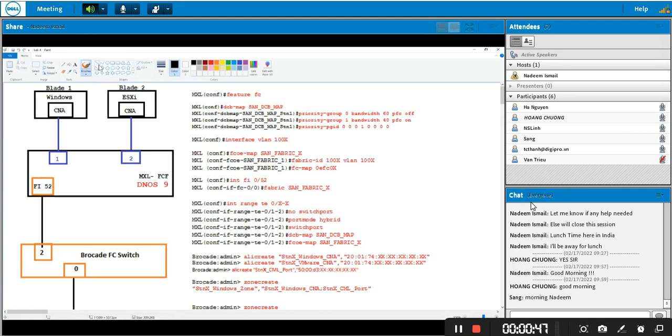where I'm using two blades, blade 1 and blade 2. So blade 1 and blade 2, they've got operating systems. One has Windows, the other one has ESXi operating system. And the CNA, these blades, an MXL switch, and this is the